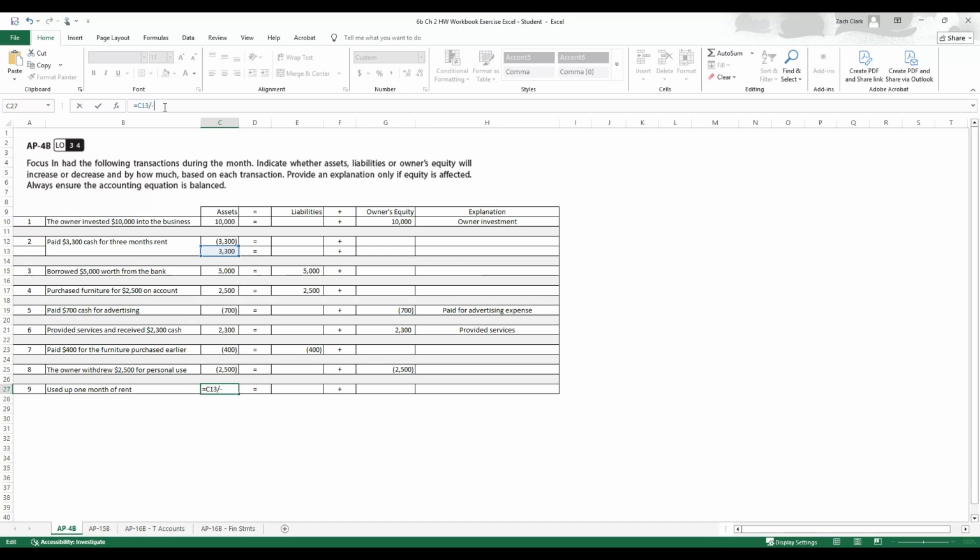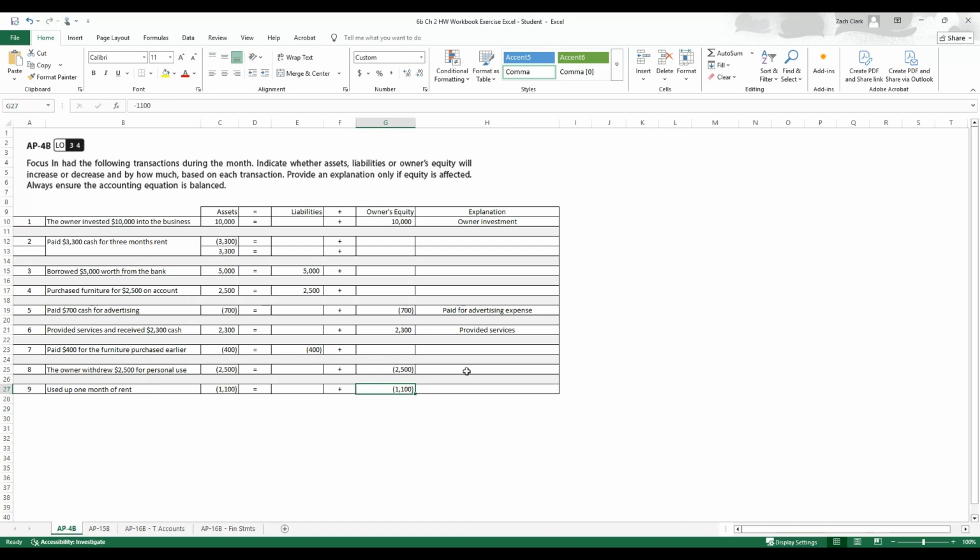But let's put divided by -3. So assets are going to go down by 1/3. So 1/3 of the 3,300 is gone now, and now it'll be 2,200. But the effect of that, what the transaction is going to specifically show, is a reduction of the asset for 1,100, and then a reduction in equity of 1,100 to represent the fact that we used up, we recognized rent